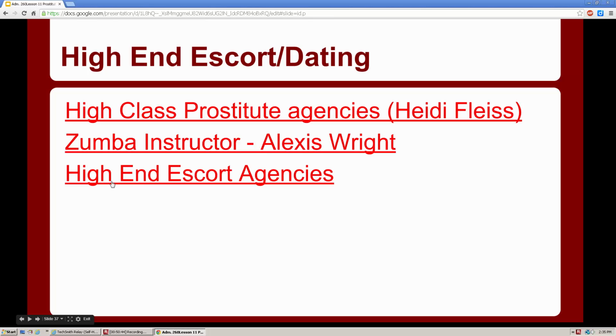You had a Zumba instructor just a couple years ago, a gal by the name of Alexis Wright. Now, these are all links to these different people here. And she was a Zumba instructor and was working in concert with another man, and they were running a prostitution ring out of her Zumba studio. So she got arrested for that, pled guilty, and so did he. But it was in Kennebunkport, Maine, where George H. Bush lives,